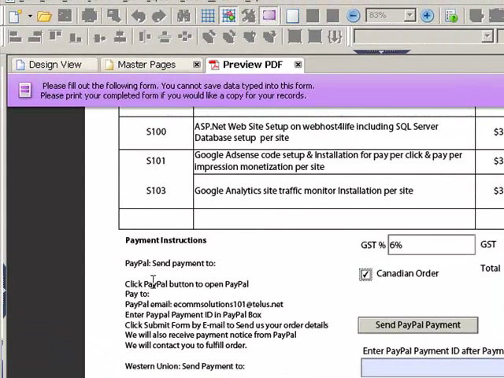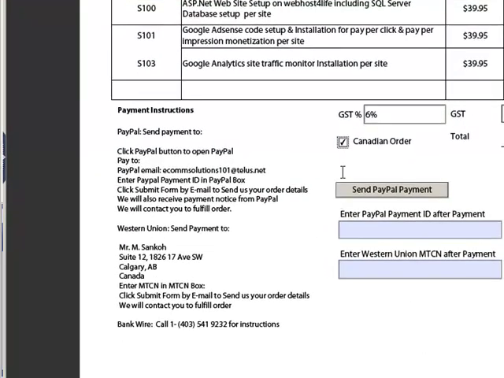It says click the PayPal button to open PayPal and then pay to this email account. PayPal has this method, and many other payment sites have a method where you could send money to somebody using their email account. PayPal has it, Moneybookers has it, I think AlertPay, and many of the other places. I haven't used Google, but very likely Google has it too, like Google Payment.